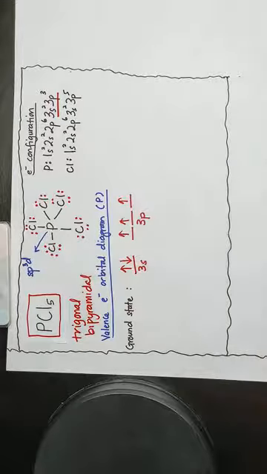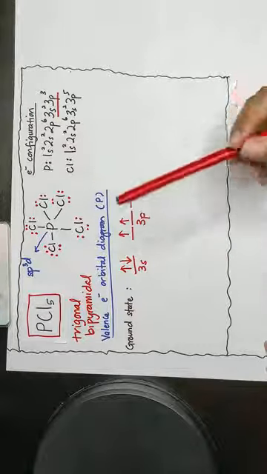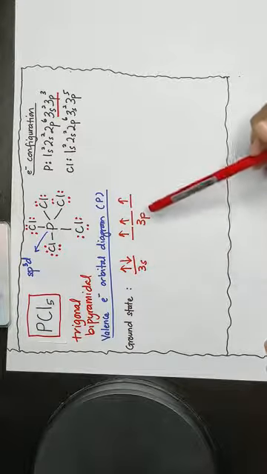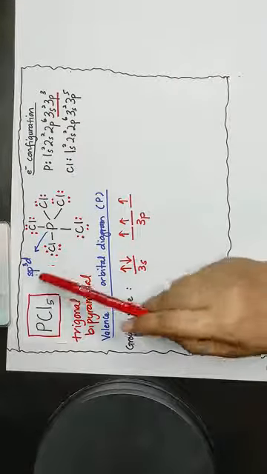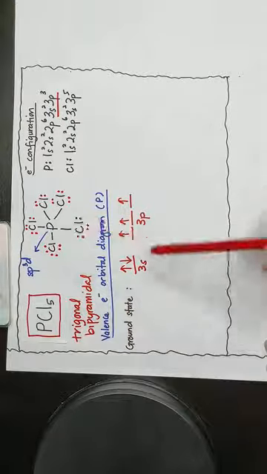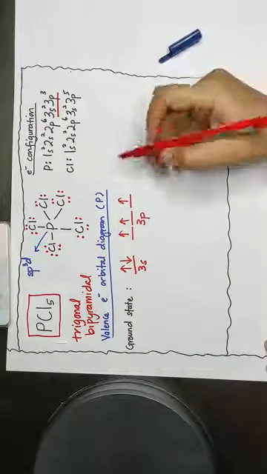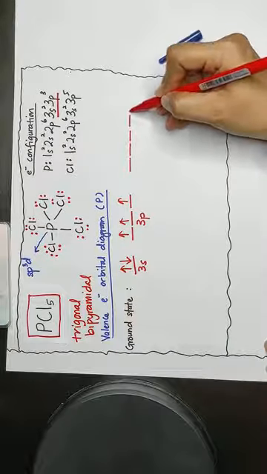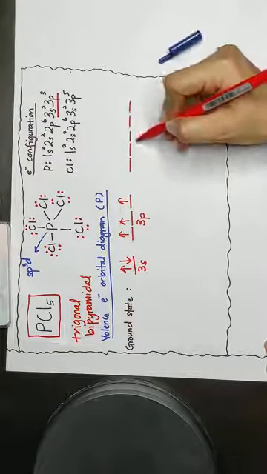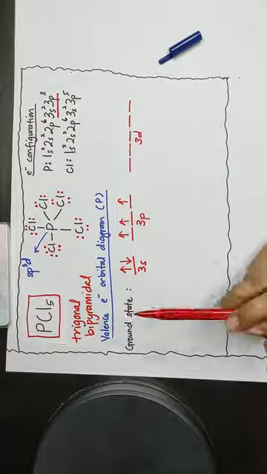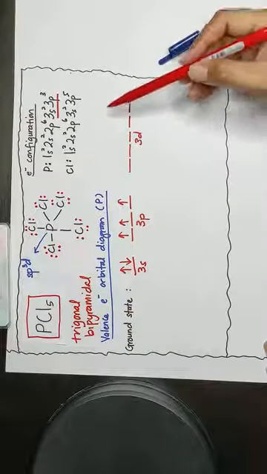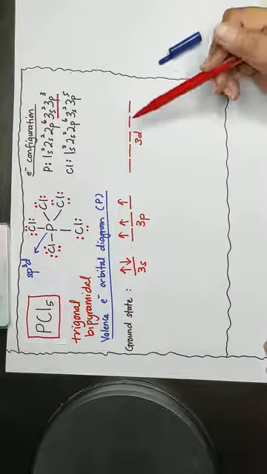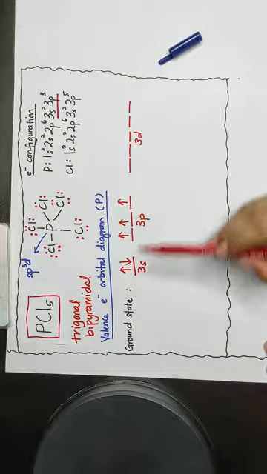Earlier we determined that phosphorus undergoes sp3d hybridization. It shows that phosphorus will mix a 3s orbital, 3p orbitals, and one of the 3d orbitals in order to produce a new set of hybrid orbitals. But in the ground state, you have to draw the 3d orbitals of phosphorus: 1, 2, 3, 4, 5, 3d. Because phosphorus is an element from period 3, it has empty 3d orbitals. So even though the 3d orbitals are empty, you have to draw them at the ground state.